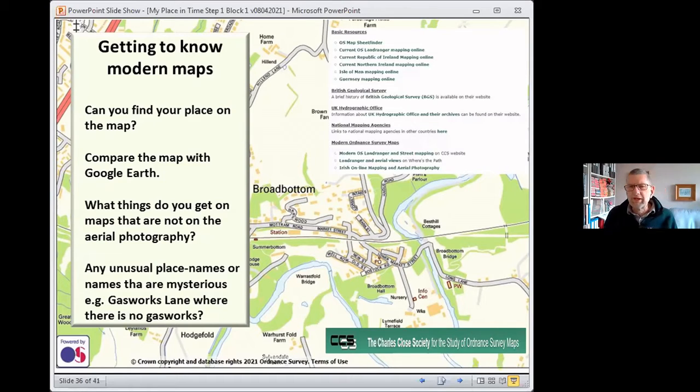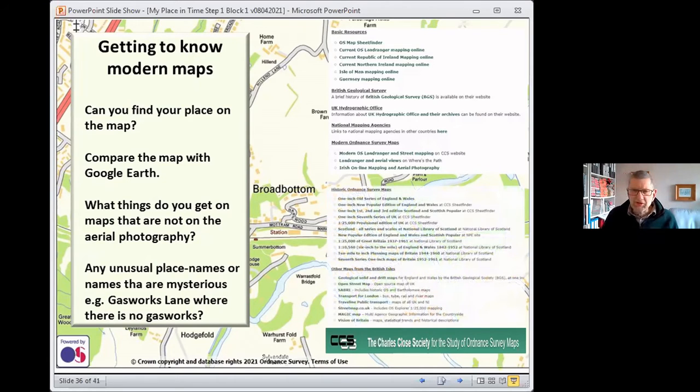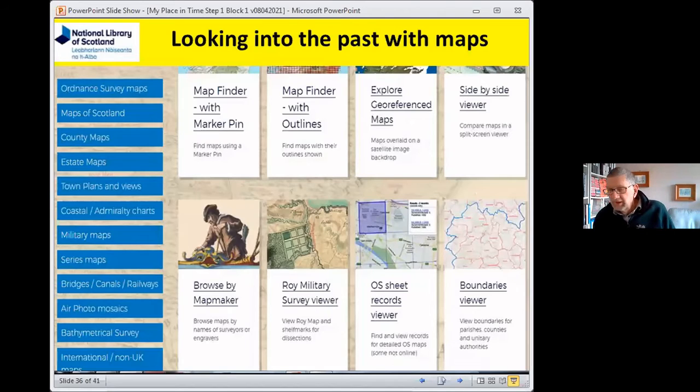There are all sorts of ways you can explore maps, and the Charles Close Society gives you the opportunity to explore all sorts of maps, including maps for Northern Ireland, Republic of Ireland, Isle of Man, Guernsey, and so on. They can all be accessed through different aspects of this website. It's a wonderful resource, and we're very grateful that they've allowed us to use this for our project. So I would advise you use this particular one. And thirdly,